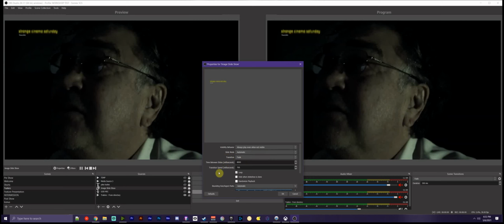And then you can have a specified time between slides and a transition speed, which allows you to make it something that morphs into different things. So if you wanted to have text on your screen, you could create images for that, and then you could have the text fade into the next item, whatever you want to do with pictures. And of course, there's other options you can set here, such as loop or hide when slideshow is done,